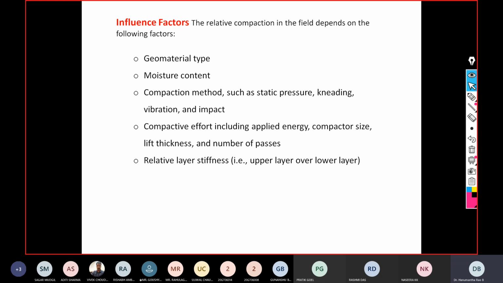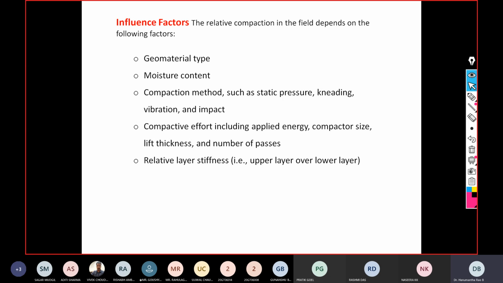As an example, suppose you take the standard Proctor compaction. We know we are applying 25 blows for each layer, in a total of 3 layers. If this is the total amount of energy applied in the laboratory, then how do you corroborate this with the field energy? Because in the field we are going to use rollers. The roller size may differ, or the amount of energy that it applies might differ. So this is about the influence of the machine.